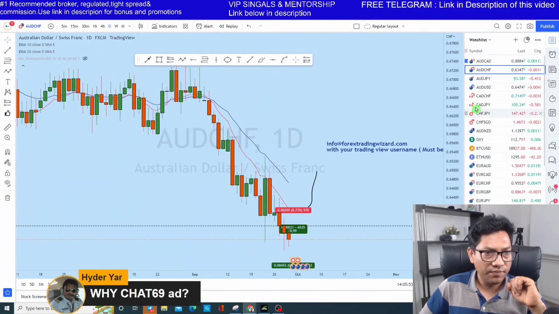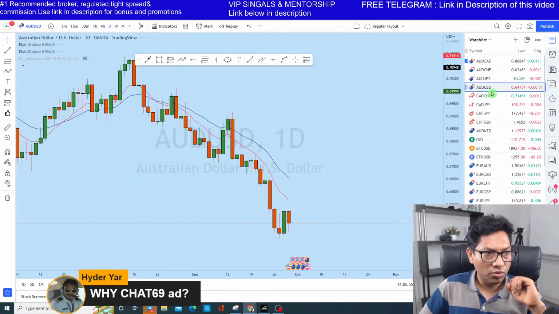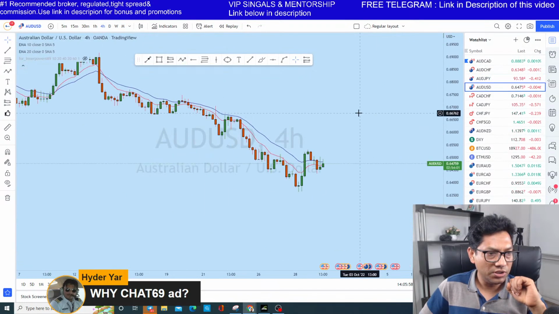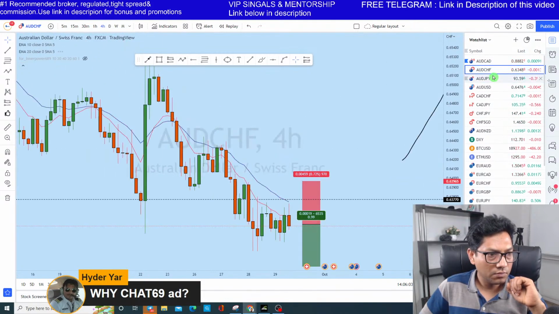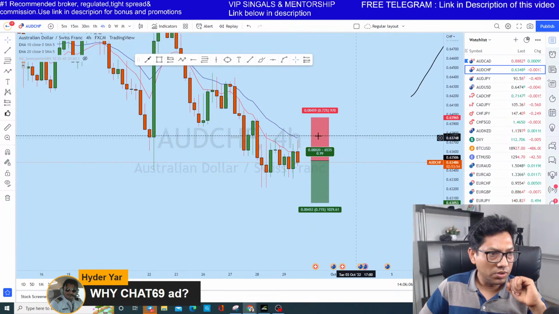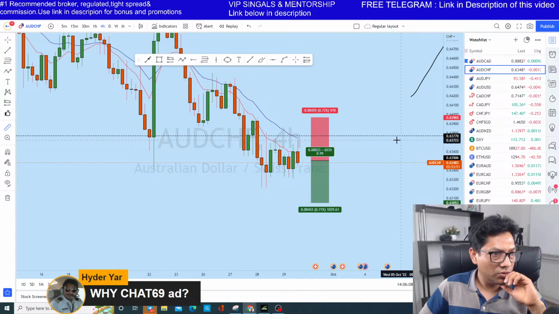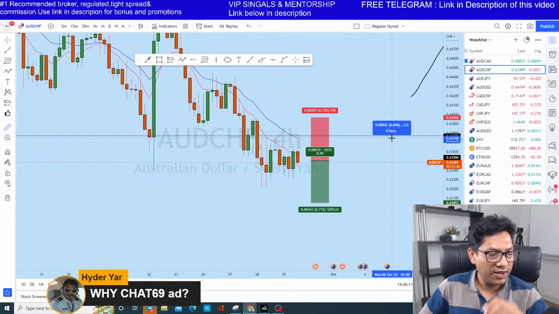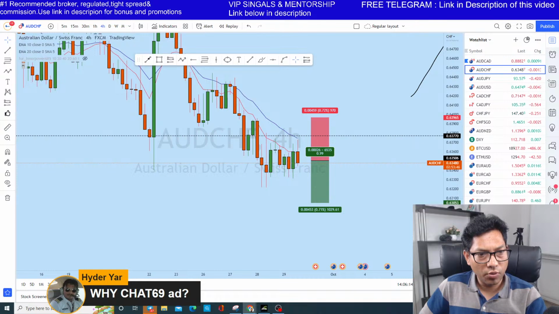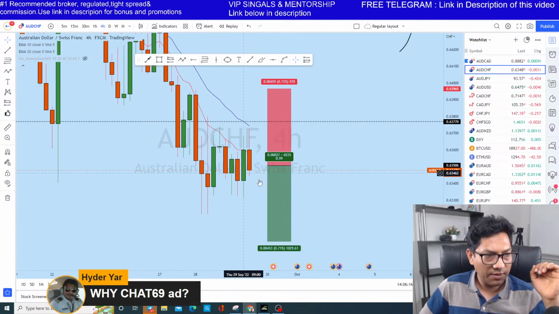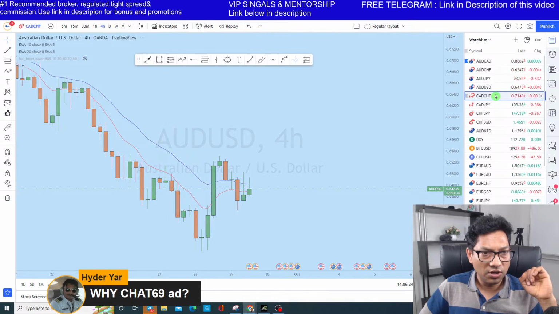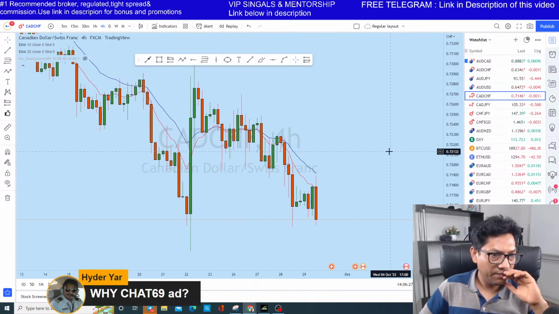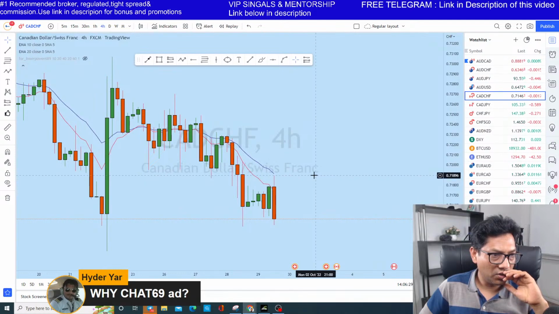Look at AUD CHF, Aussie Yen. I'm just looking quickly at all the pairs to see what's happening. Aussie CHF, from this zone we have, we are running a trade as well, which is running in good profit, a bit bigger profit. We will keep running that trade. Aussie Yen, Aussie dollar, I'm just looking. Okay, CAD CHF, we see a very strong rejection from the top.